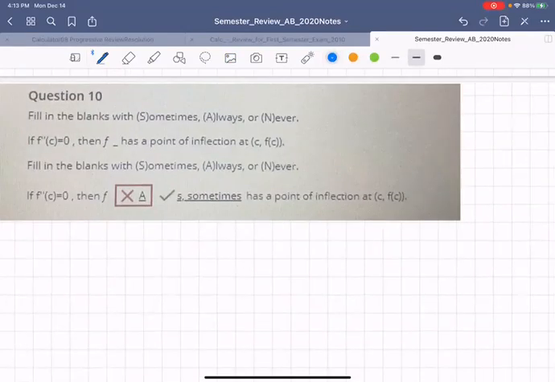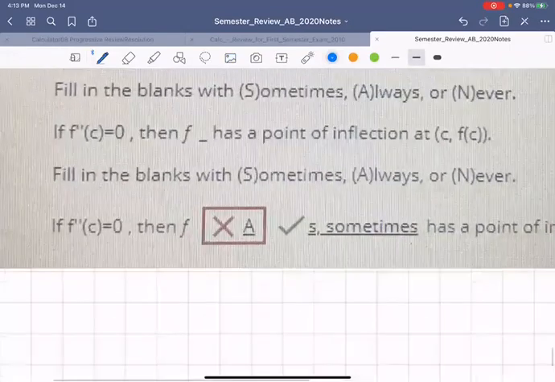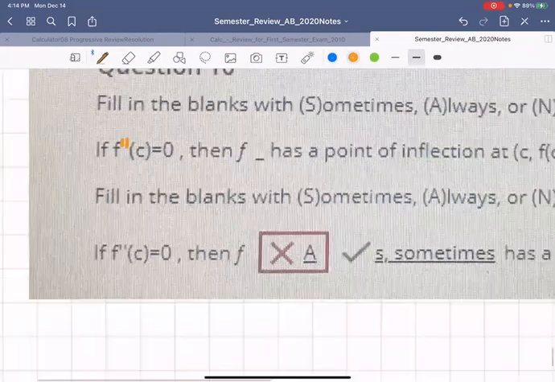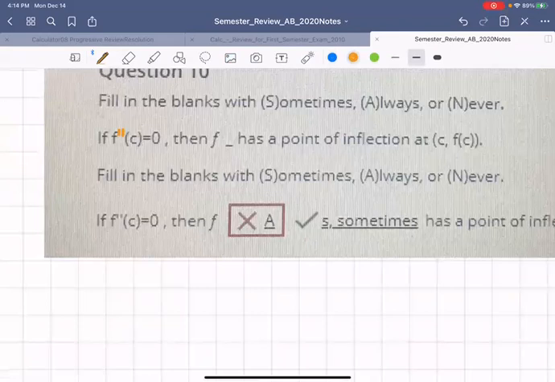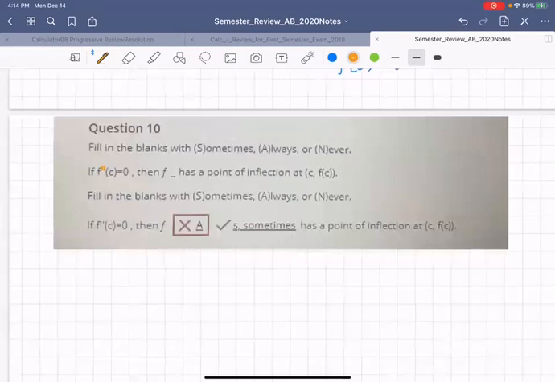F. This is the first derivative, right? No, second derivative. Oh, really? Yeah. Okay. Oh my gosh. Second derivative equals 0, then f has a point of inflection. This should be "sometimes." This should be "sometimes." The reason is because,